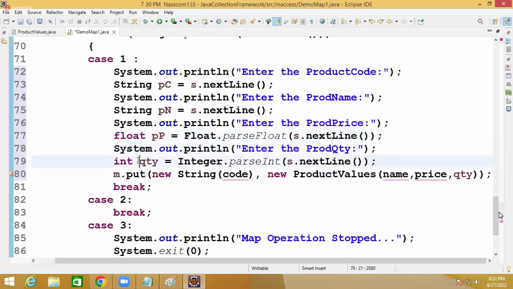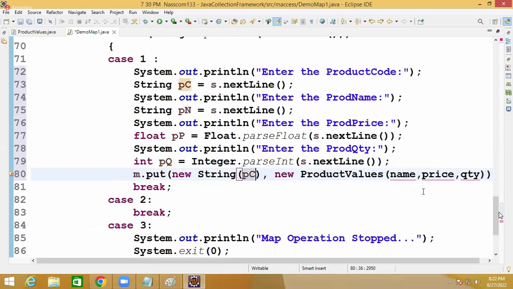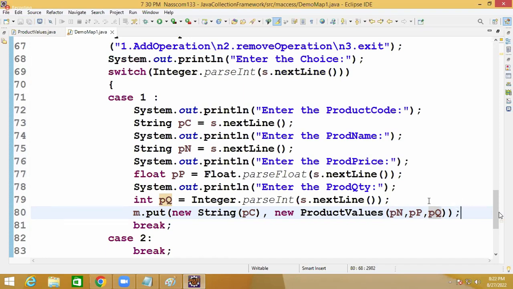You can say P quantity. Quantity. P name. P price, P quantity. After adding this,